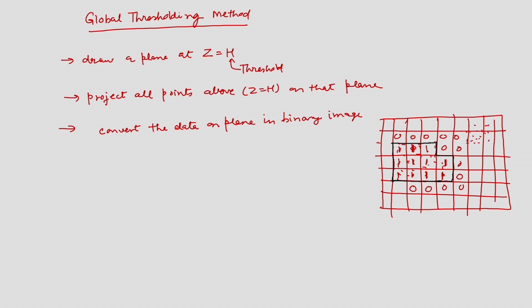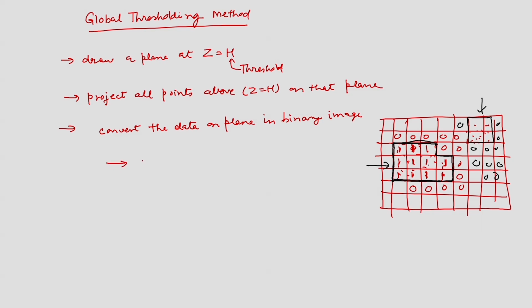So, let us say there is a line here. So, I got this building. This is the way I extracted the building. Similarly, I can extract this building here easily. You can see all the rest of the values are 0 here, and all these values are 0 now. So, this is the way I have extracted two buildings here. That is the global thresholding method.